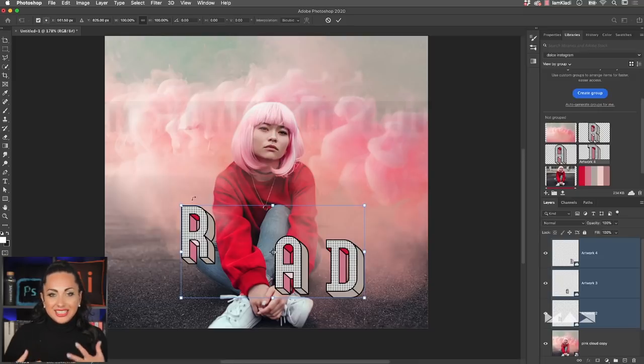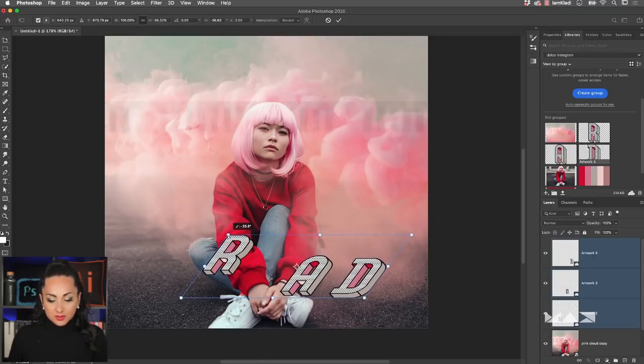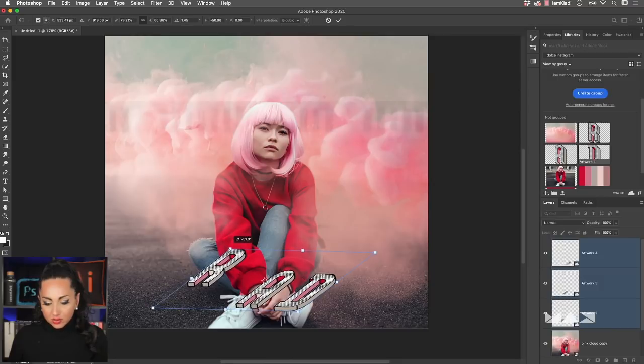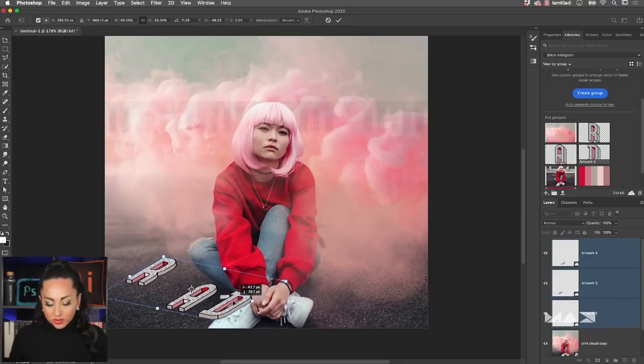Given the 3D size of the letters, I'm going to try to match the perspective by creating this distortion using the shortcut Command and using our little selection here. I'm going to click and drag into my bounding box in order to resize them. You can also resize them simply by using our selection tool and also rotate them just like so.